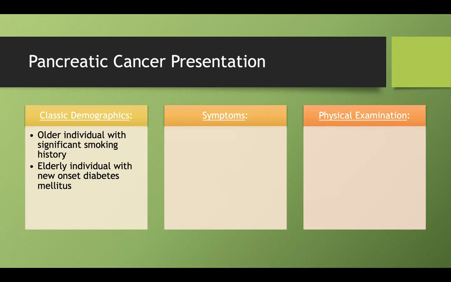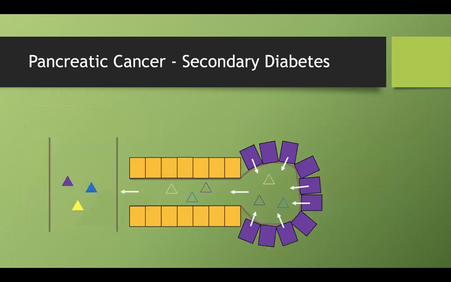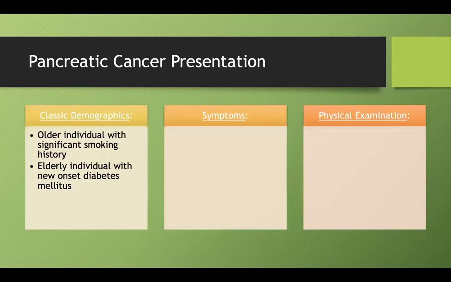Another thing I want you to realize, and sometimes this is tested, is if you have an elderly individual who has new diabetes, especially if they don't really have risk factors for type 2 diabetes, they're usually almost cachectic, they're almost in the other direction. And if they develop diabetes and weight loss and a few other symptoms, you should be considering pancreatic cancer. And so secondary diabetes, what's going to happen is if we have our acini in our cells and our ducts, we also have islets of Langerhans that exist all throughout our pancreas. And if you have a huge pancreatic cancer starting to grow, you can start to diminish the functionality of these islets of Langerhans, and you can develop secondary diabetes.